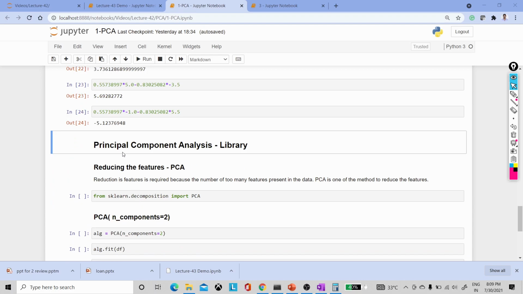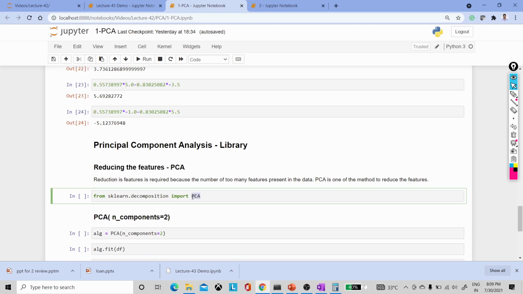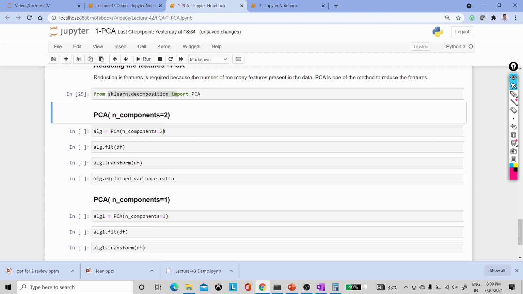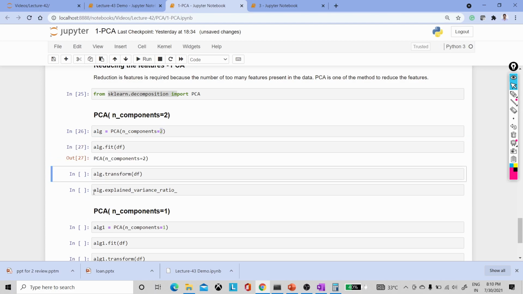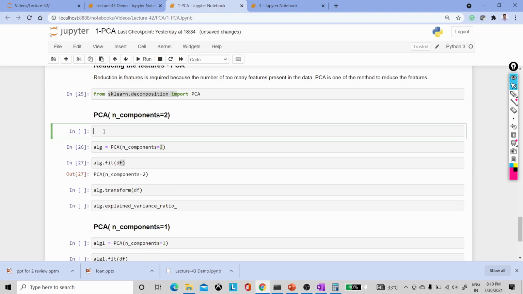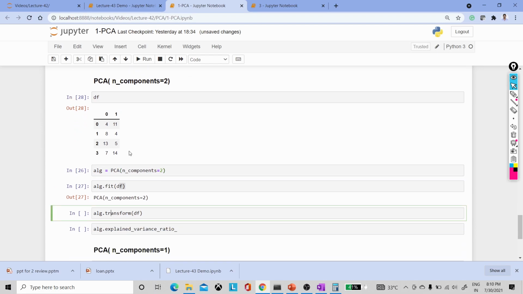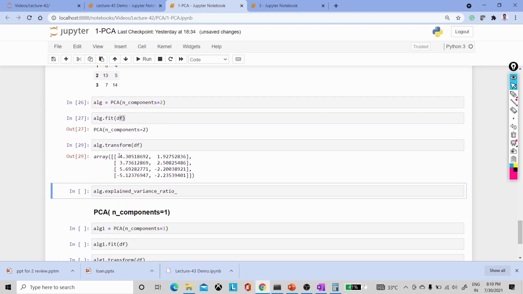If you want to apply the principal component analysis from the scikit-learn.decomposition method, we have to give the number of components we need manually here. So I need 2 components, and fit_transform on my df. Df means my data frame. So in this data frame I can apply these 2 components, that's why we got the 2 principal components.